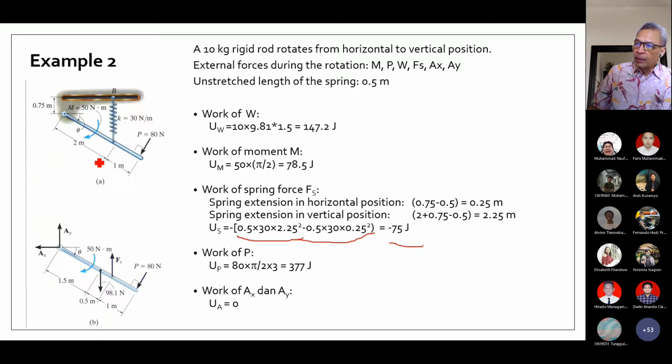Untuk momen, kalau momen bekerja pada benda ini 50 Nm konstan, dia berpindah 90 derajat atau pi per 2, ya tinggal kalikan besar momen dengan besar perpindahan, Anda dapatkan kerjanya. Momen ini, hati-hati ya, tidak terpengaruh dimanapun dia berada. Kalau momen ini bekerja tidak digambarkan di sini, tapi digambarkan di ujung sini, 50 Nm, kerja yang dilakukan oleh momen ini hanya sebesar 50 dikalikan dengan perpindahan rotasinya, walaupun dia digambarkan bekerja di ujung sini, gitu ya.